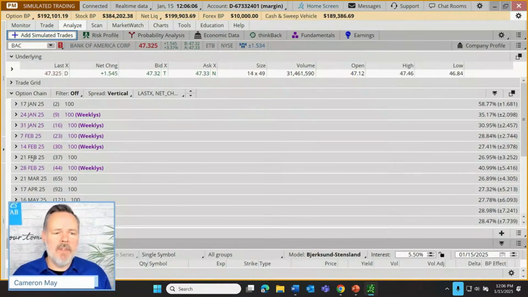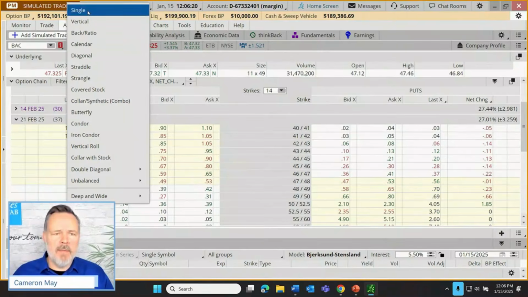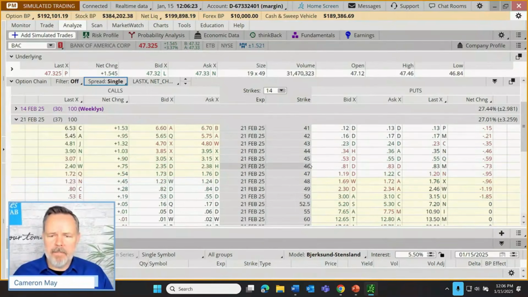Let's just go down here to the 21st of February. Let's assume that our trader is thinking, well, Bank of America is likely to be above $46 for the next 37 days. So how about we do, let me change our spread from vertical back to single for just a moment. Maybe our trader is eyeballing buying the $45 call and selling the $46 call to create their bull call vertical spread. That just gives them the right to buy shares at 45, obligates them to potentially have to sell those shares at 46, which would result in a $1 profit if this were a free trade. It's not going to be a free trade. It's probably going to wind up costing us 75-ish cents to set this up.